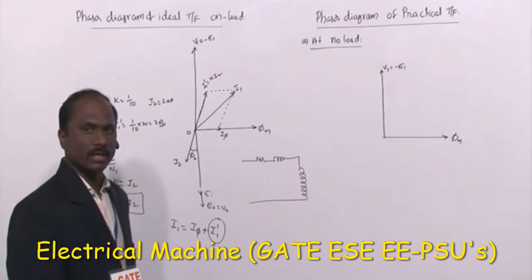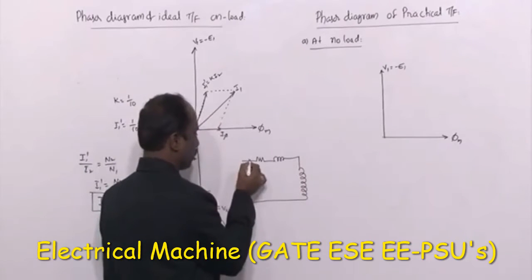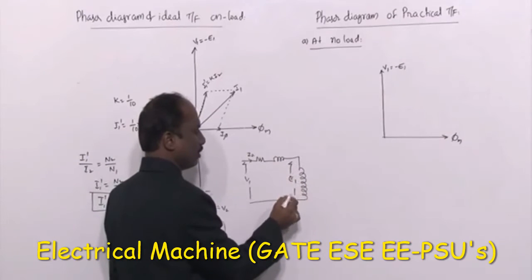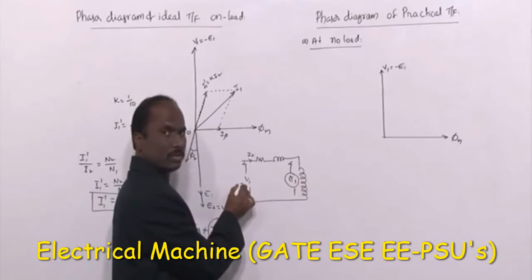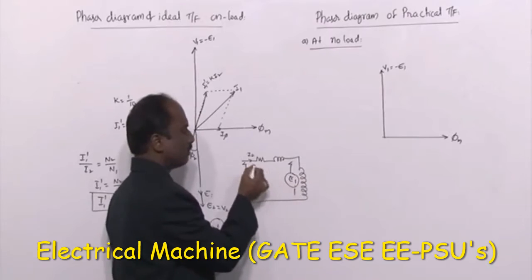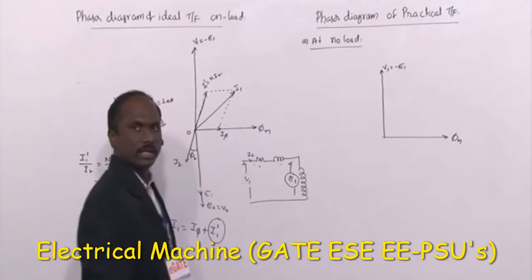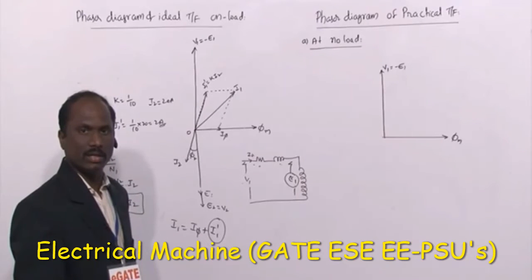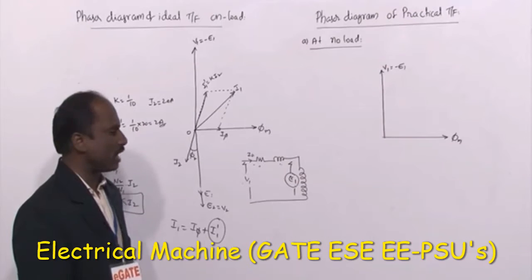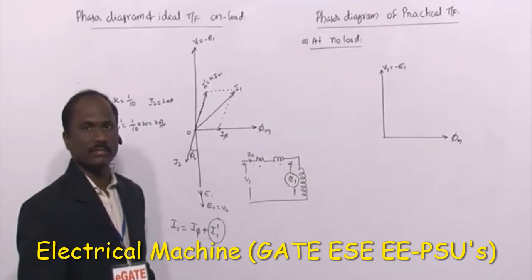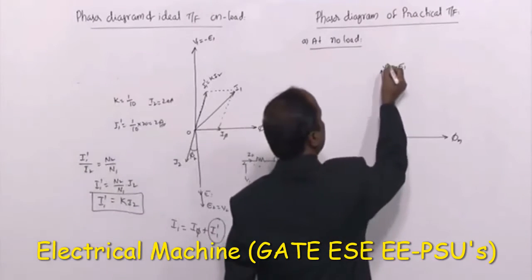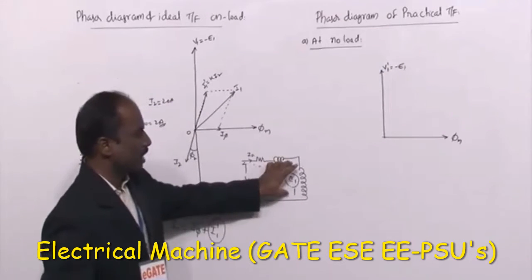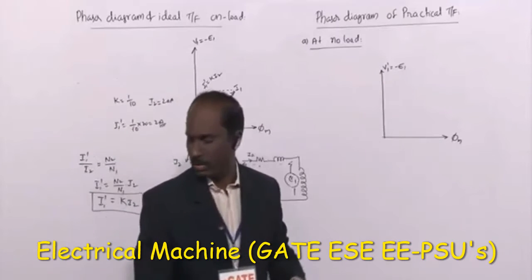Why? Because in the primary we are taking the resistance and reactance of the primary winding. Under no load condition, it is taking a small current of I0. So this is a voltage of V1. This is the induced EMF E1. If you give 220 volts, here only 210 volts. Rest of the thing is the drop in the resistance and the reactance. Primary winding resistance and primary winding reactance, those two drops, if we subtract from this V1, we are going to get E1. That is why E1 is nothing but V1 dash. So it is equivalent. This component we are taking on this side, which is E1 dash.